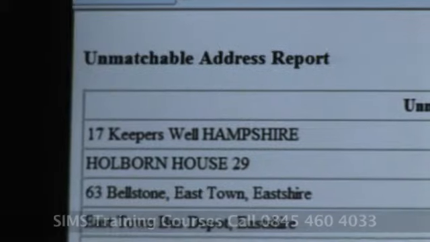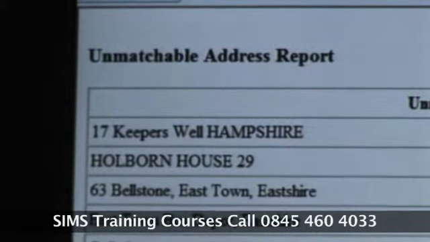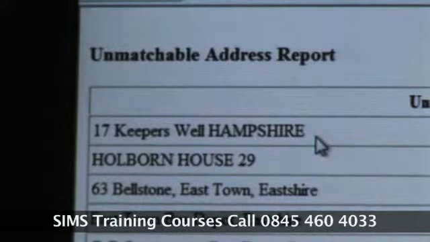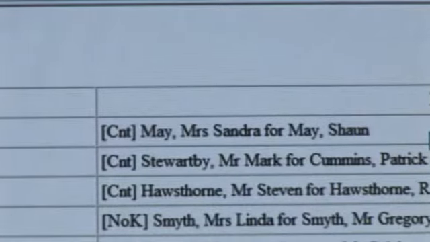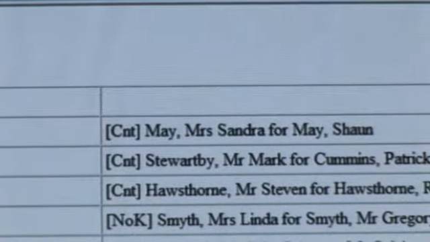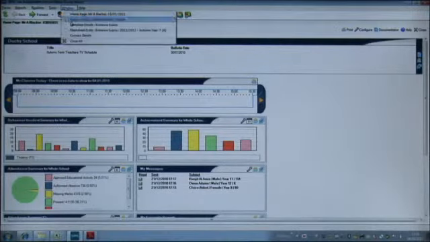I've run the report previously and I'm just going to show you the output. So this is the type of output that you may well find. You'll see that it appears in Internet Explorer. If I just very quickly show you one of the ones it's identified, and it's this one, which is for Mrs. Sandra May, whose address is 17 Keepers Well in Hampshire. If I just find that address,